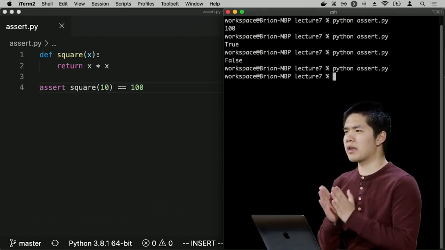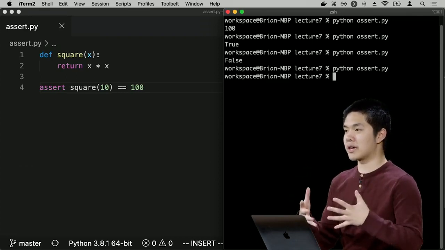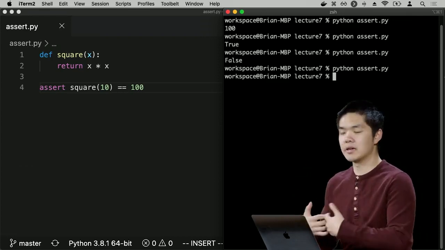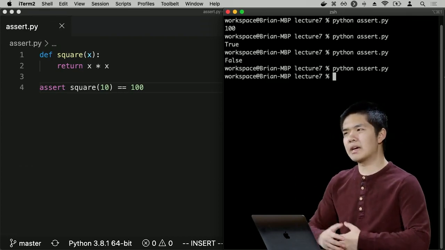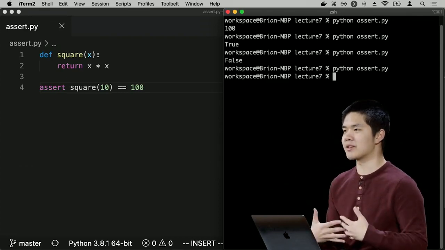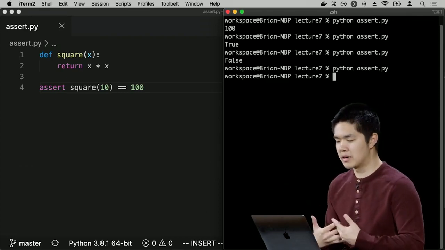Because when an assert statement runs and the expression that it's checking turns out to be true, that the square of 10 does equal 100, it effectively ignores that statement altogether, just continues on to the next thing, no output, no side effect of any sort. And this is helpful because it just means that if I want to assert that something is true, I can assert it and then just continue writing my code. And it's as if I hadn't written that assert statement at all, so long as the thing that I'm asserting